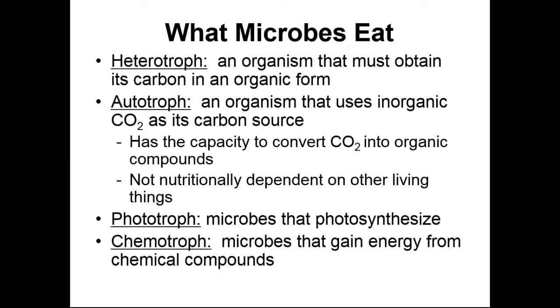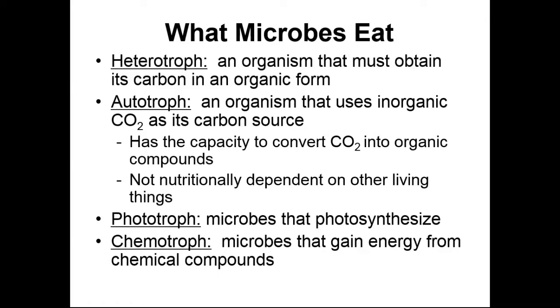An autotroph, on the other hand, is an organism that can utilize inorganic carbon, like carbon dioxide or carbon monoxide. These autotrophs get their carbon from the atmosphere or from inorganic sources in the soil. These organisms do not need to eat other living things or other things that are dead. So when we think of our classic autotrophs, we think of something that will go through photosynthesis, because that's what we have lots of exposure to. They get their carbon from the atmosphere, and they get their energy from the sun.